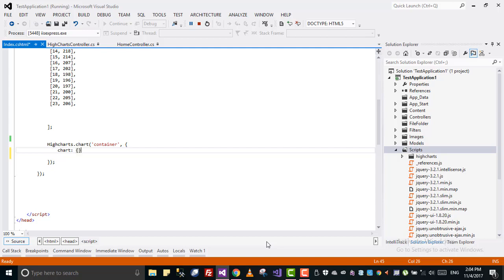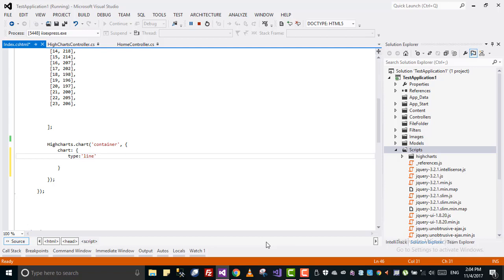Now I need my chart type to be, you can give it whatever type you want. Like I want my chart to be line. There are different types you can give it. If you give line, it will be a line with curves, ups and downs, or if you give spline, another type, it will be smooth curves, with no sharp edges. We will check it, and you can give pie, or we have different types